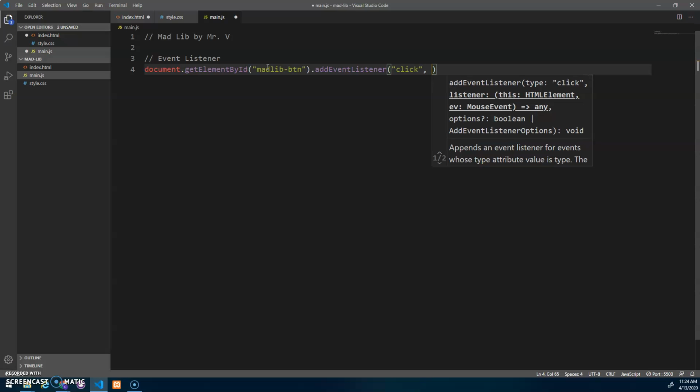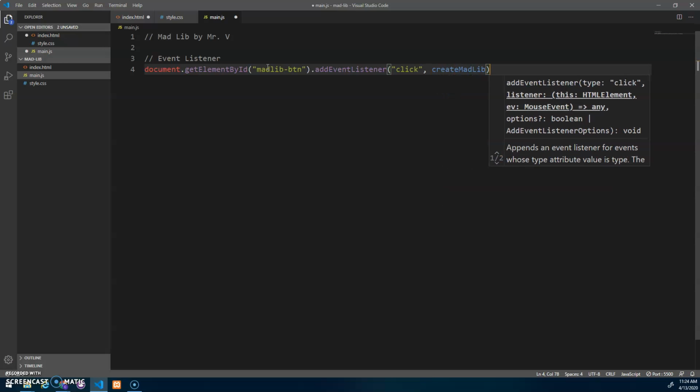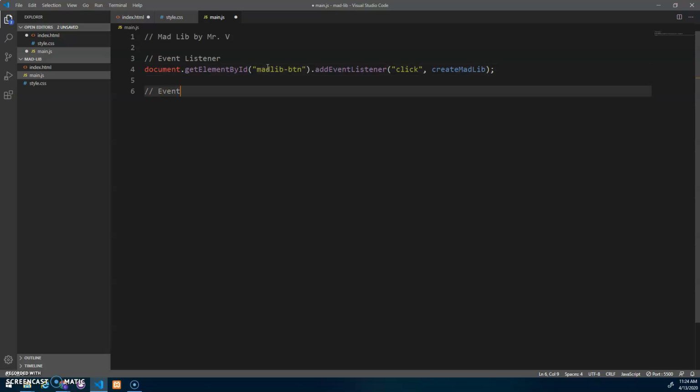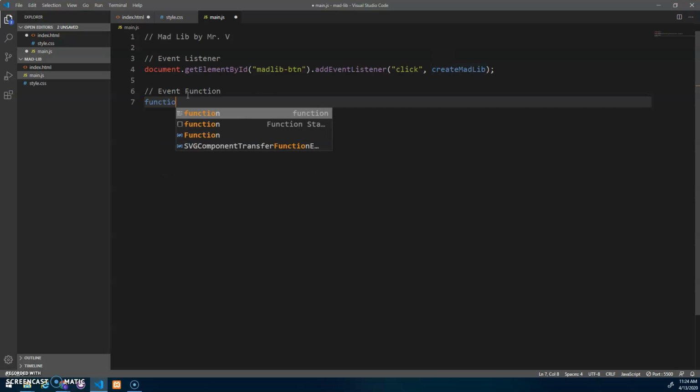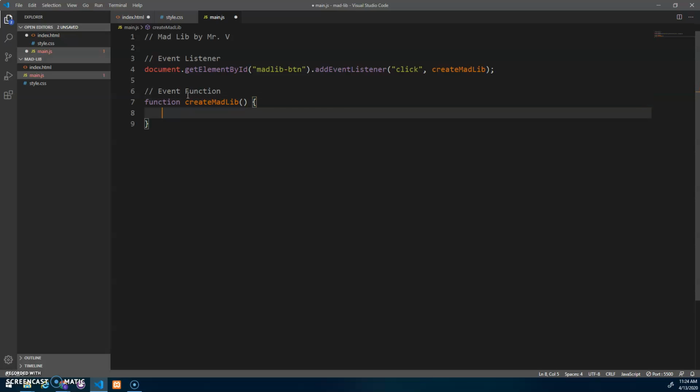Listen for the click event, and then we'll say create mad-lib will be the name of the function that we want to call. Right, so this says document, please find this element and add an event listener so that when we click the element, it'll call this function. Right, we just give it the name of that function. And then we define that function here, create mad-lib, open and close, open and close. And I'm going to go input,